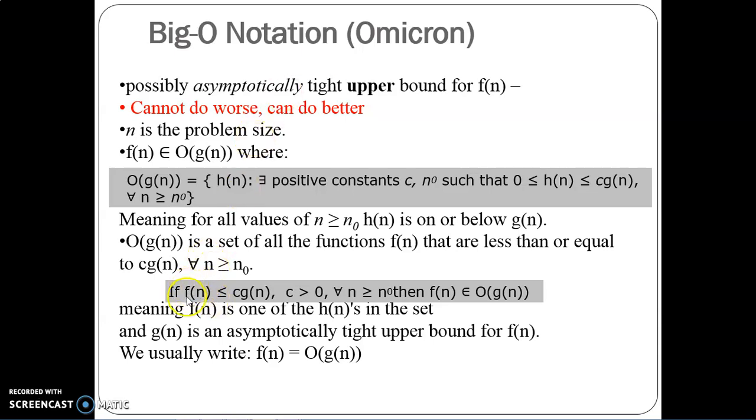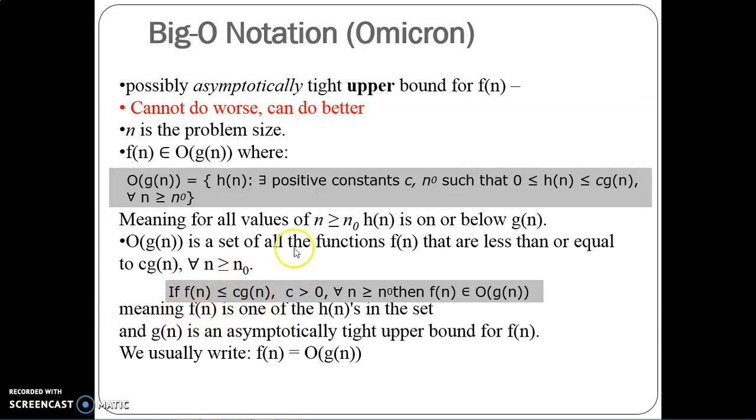And if f of n, here you can look at this position, if f of n is less than c of g of n. Now what is this c, what is g of n, and what is f of n? F of n is the complexity of the algorithm which we have calculated. C is a constant which we will be calculating, and g of n is the bounding function which is going to bind the f of n on the higher side.